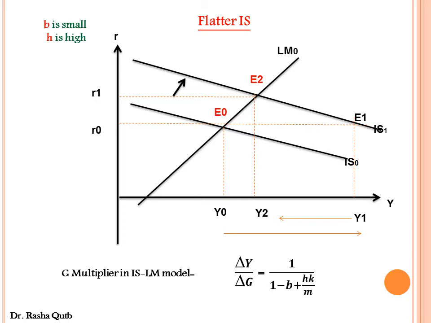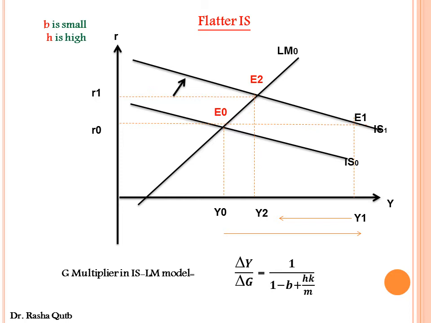In this case, we have a low slope of the IS curve. The IS curve is flatter than before, and applying an expansionary fiscal policy would cause the IS curve to shift rightward from IS0 to IS1. The initial impact of this expansionary fiscal policy is the increase in equilibrium national income from Y0 to Y1, but